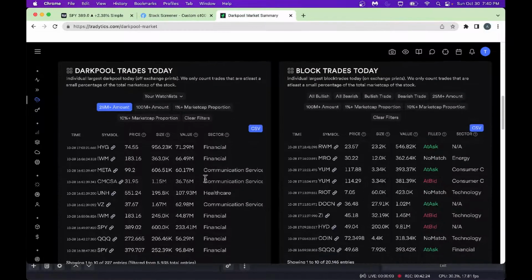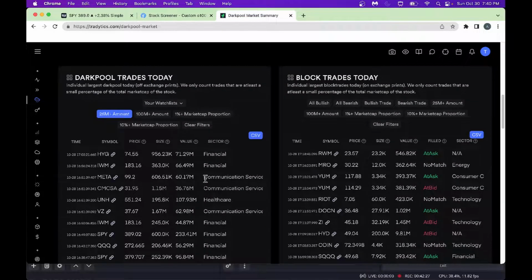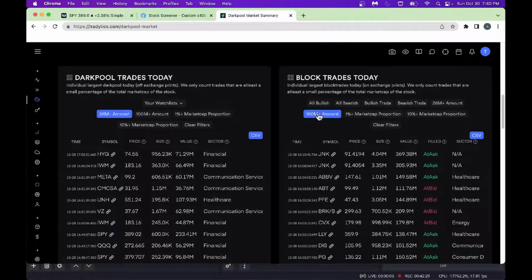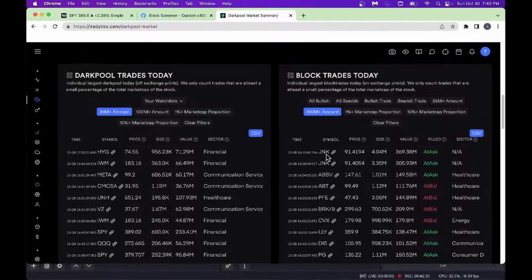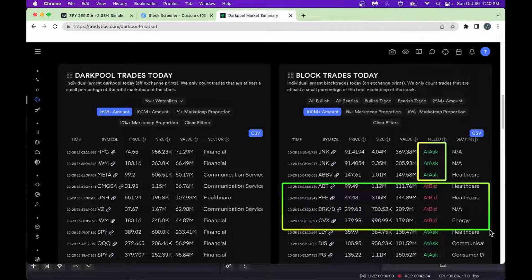And then you got block trades of the day here, and you could do the same thing. You could look for big amounts here. Look, we got a few of these. Look, AbbVie, there's a block trade in here. They also tell you whether it's bullish or bearish. Whenever it's at ask, it's a bullish play. Folks are buying it. Whenever you see at bid, mainly when it's put options, that tells you, depending on whether it's put or call.